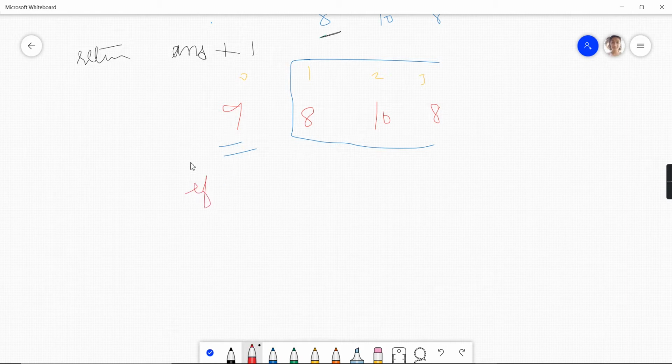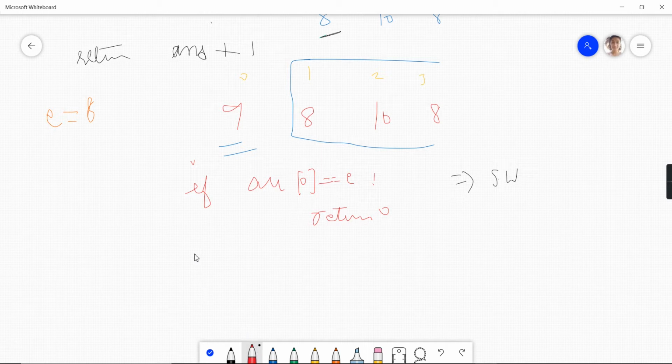We will check if the 0th index element is equal to our element. Our element was 8, whose first index we need to find. If our 0th element is that element, then we need not do anything. The 0th index is the first index, that's all. We'll simply return 0. This is the small work which we need to do.